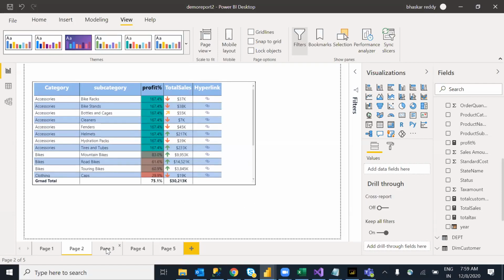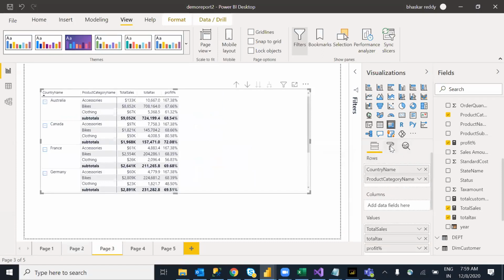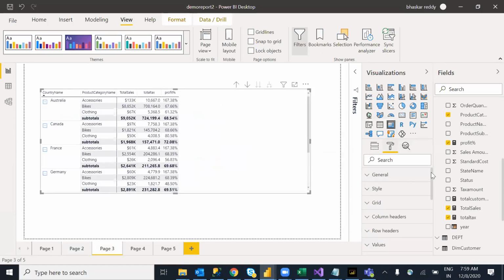These are all the properties we discussed yesterday. Same properties here in a matrix as well. 99% of the properties will remain the same, but the only thing is that data can be displayed in rows and columns as well. The remaining properties will remain the same as they are. I don't repeat all the time. Title, background color, aspect, border, shadow. Everywhere these properties will remain the same. These are common properties everywhere.